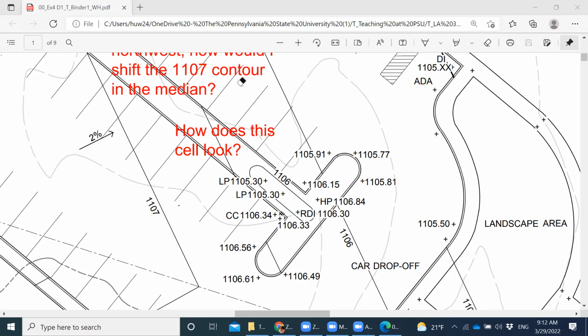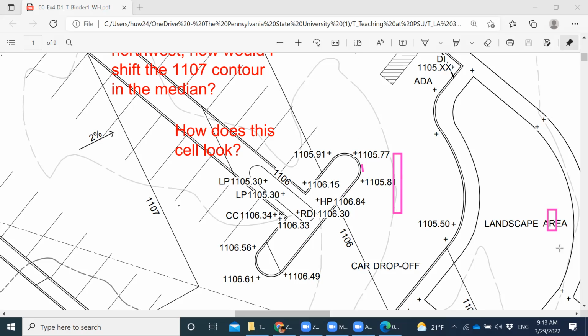And find out the lowest curb height, which is at this point. So that is 1105.81 on the parking lot. So the curb will be 1106.3. So yeah, as long as, basically,